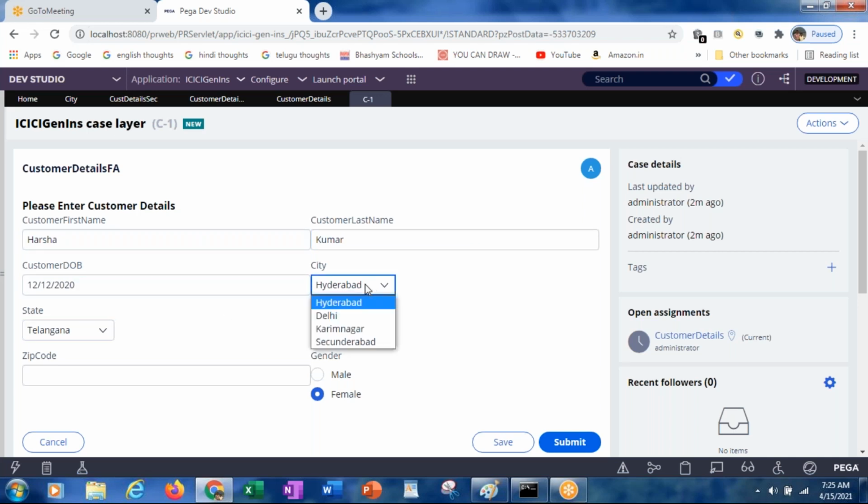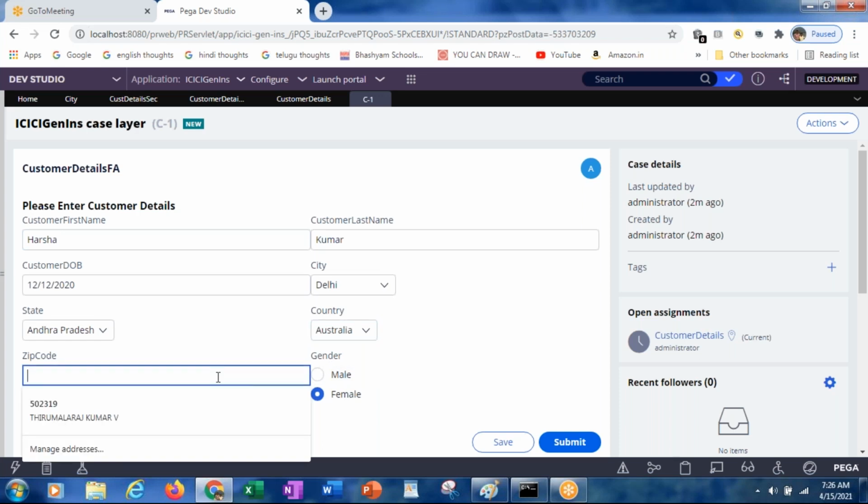And by default it is getting the first one in the drop down. First one in the country. In case you want to change, you can change it. First one in the state. You remember, while creating the property, we made a list with the values of the particular state drop down, or city drop down, or country drop down. Whatever values you have given, whichever is the first one will be selected by default. In case you want, you can change that later.